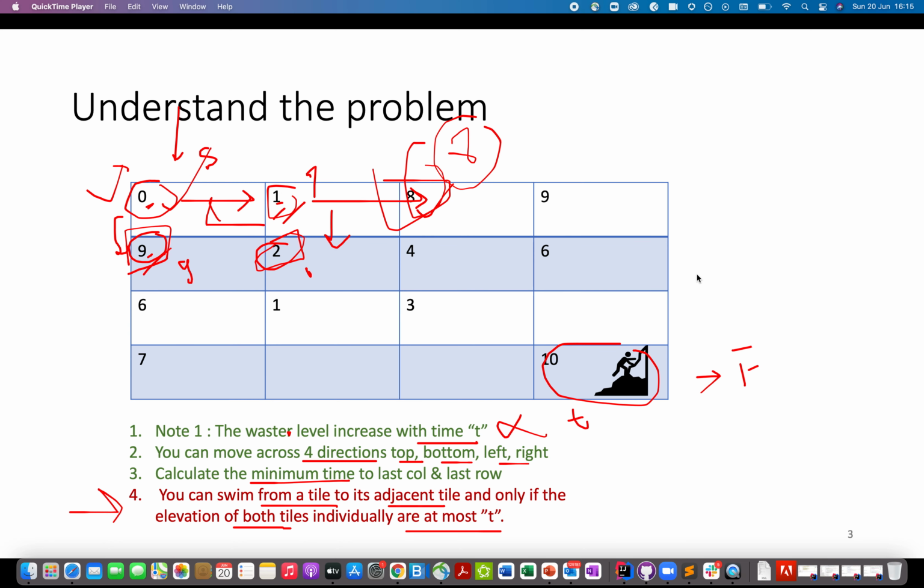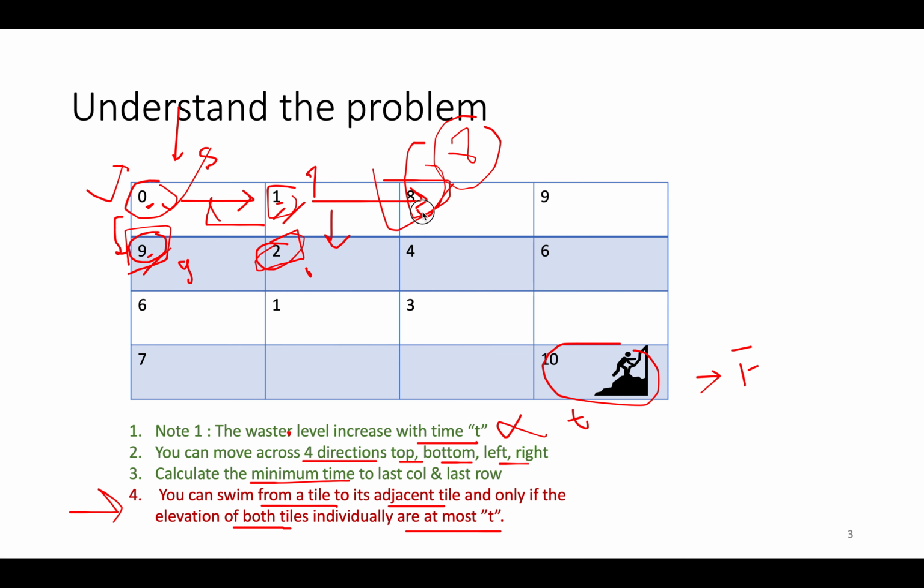Now let's talk about the actual approach. We will be using Dijkstra's algorithm. Dijkstra is nothing but BFS with a priority queue. You pull out elements from the priority queue of the BFS traversal on some basis, and that basis would be the level of water or the elevation currently held at that node or tile.